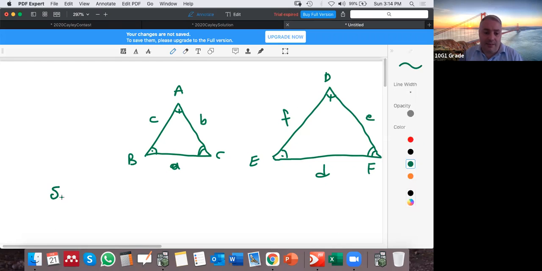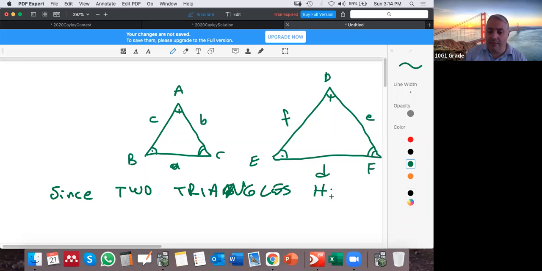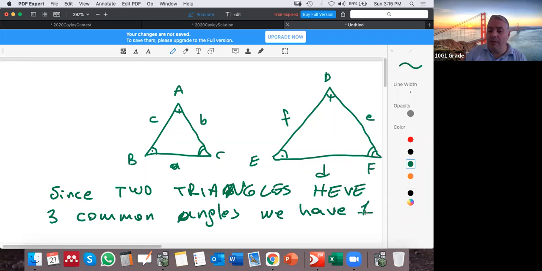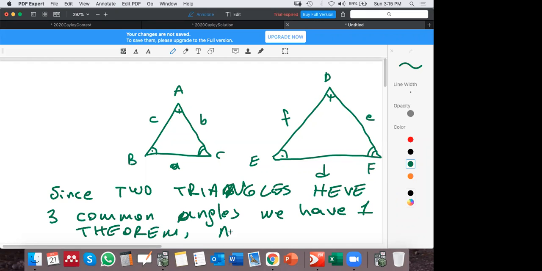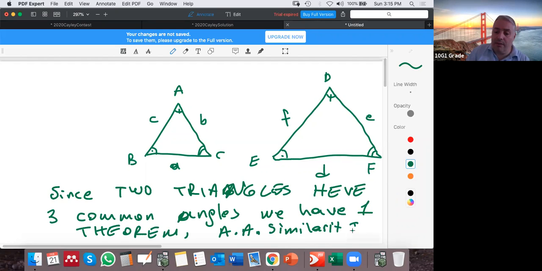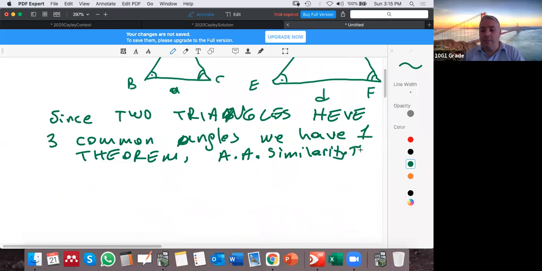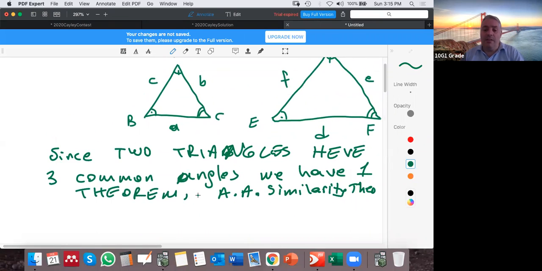Now, since two triangles have three common angles, we have one theorem which is called the angle similarity theorem. Similarity theorem. It says this one: